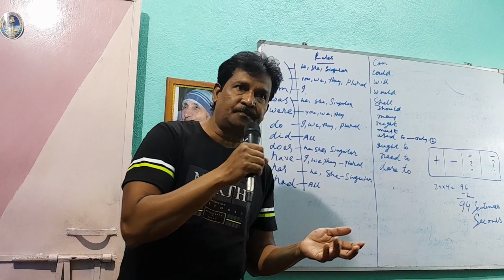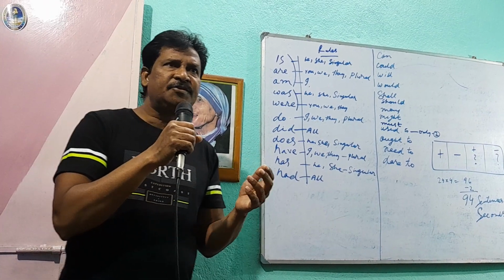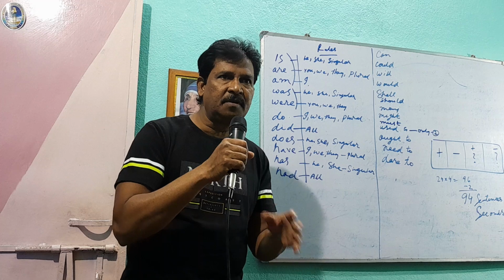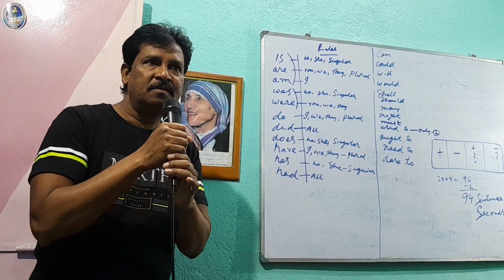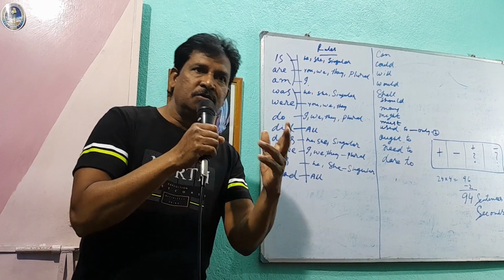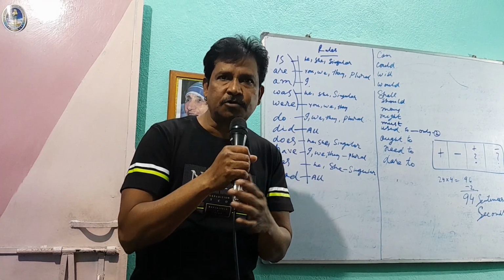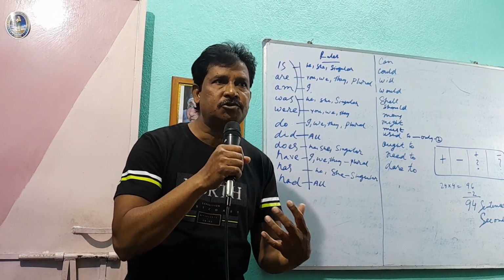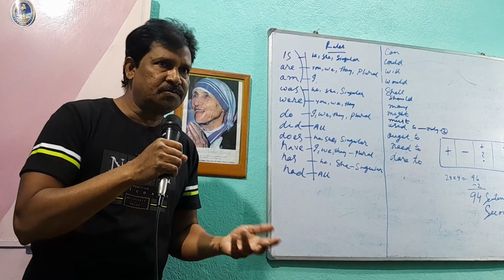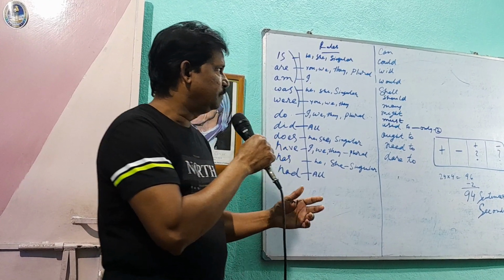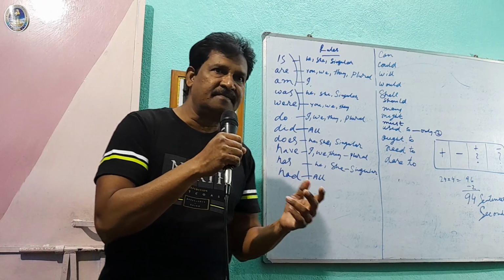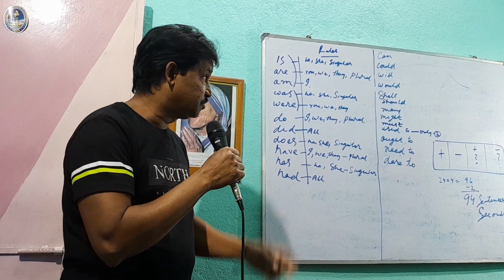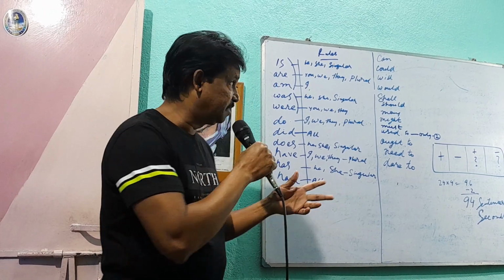And used to is something which a person had a habit of doing in the long past. For example, when you were a child, you used to eat a lot of chocolates. When I was a child, I used to eat a lot of chocolates, sweets. Children have this habit. If you go for the negative, never used to. And you cannot make questions with used to, so only two forms, positive and negative, can be done.